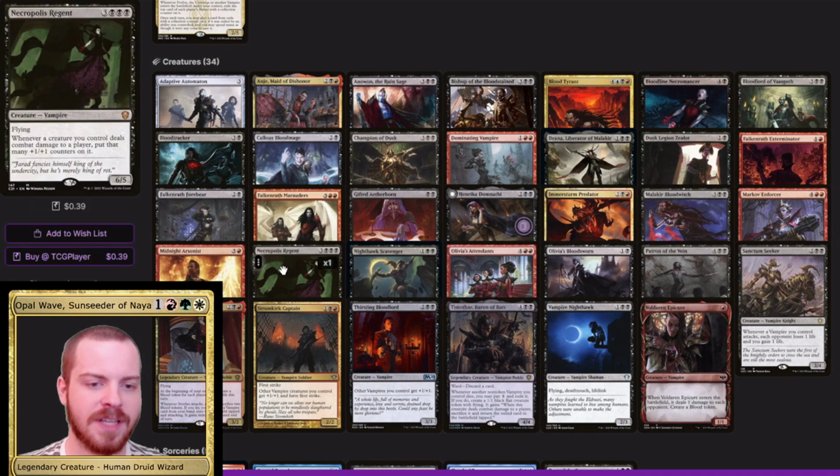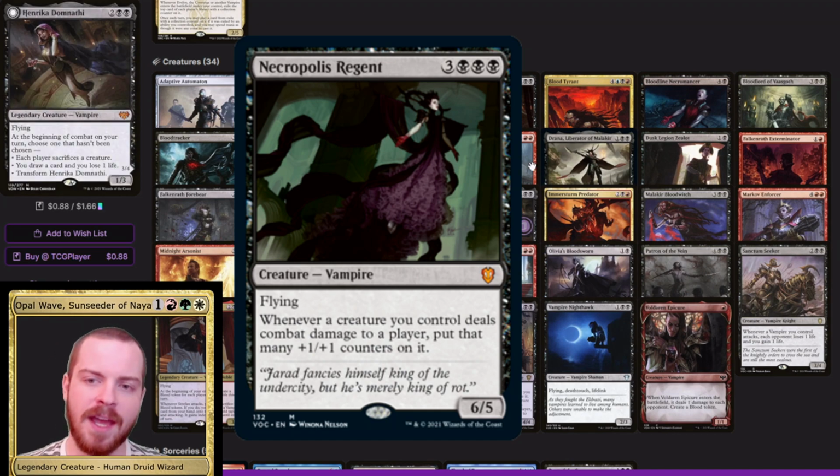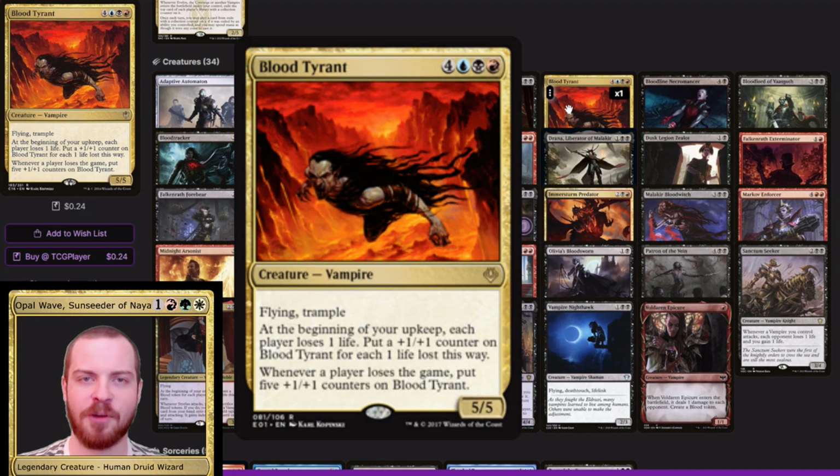A few other cards like Necropolis Regent are going to be really great for finishing games, since it's just going to put a massive amount of counters on your creatures when you deal combat damage. And then Blood Tyrant is also going to be a really fun one, since